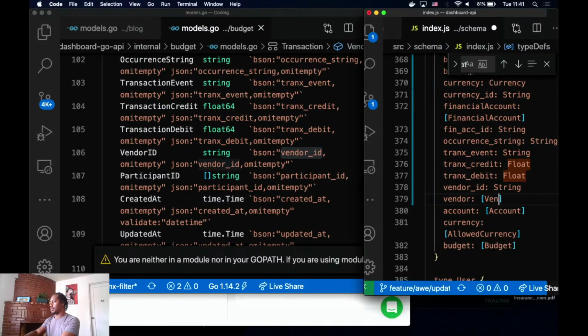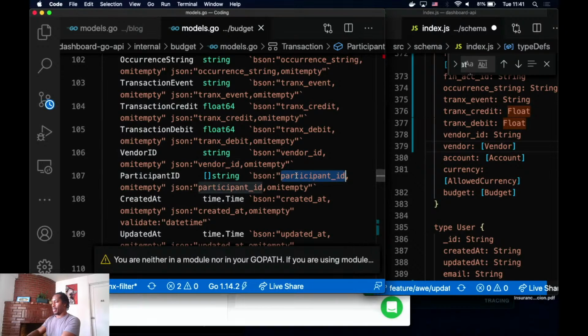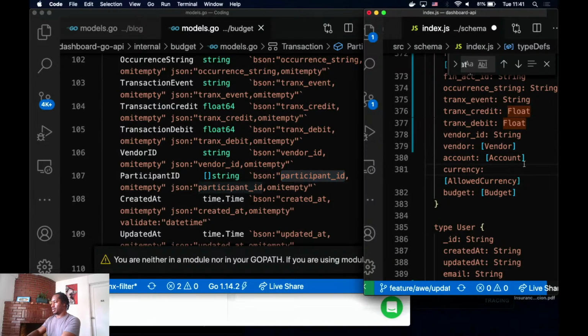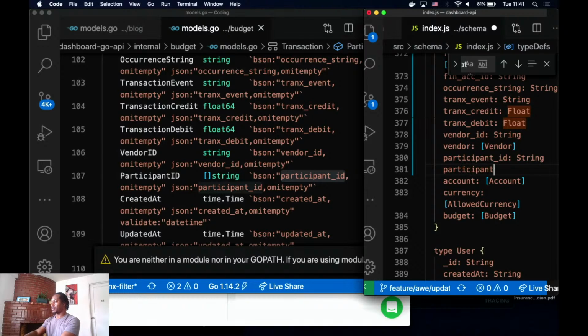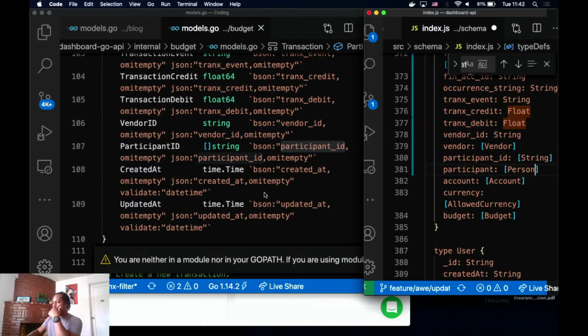Vendor is vendor. Participant ID. So participant ID is an array of strings. Participant is going to be person, array of persons. All right, and that's it.